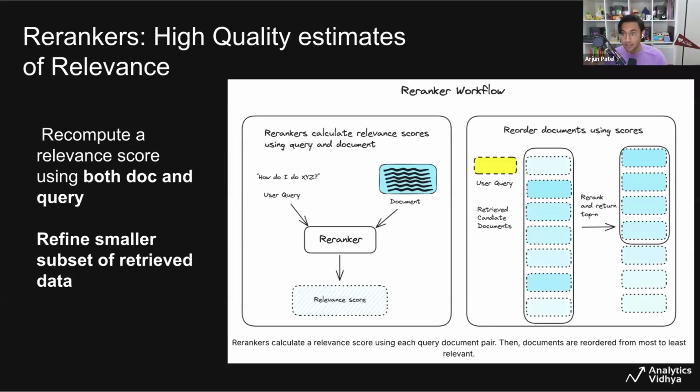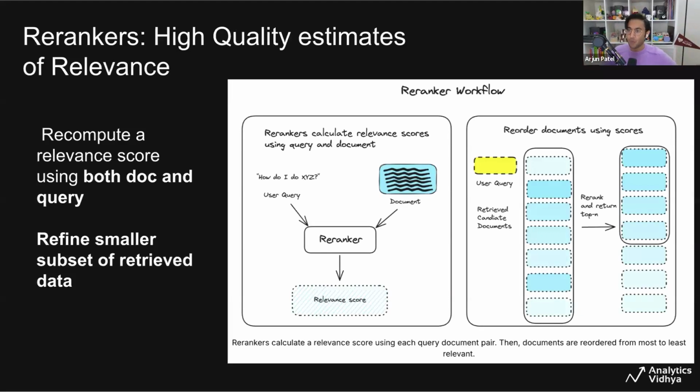You use something called a reranker. What a reranker does is it recomputes scores using a query and a document and outputs a new score. But instead of an embedding model, which takes the query and the document separately and outputs a score, the reranker ingests both the query and the document at the same time and produces a score that's contextual on this information. Now, you can imagine this is an expensive operation, so you don't want to do this on every single possible query document pair. It would take forever to do your search.